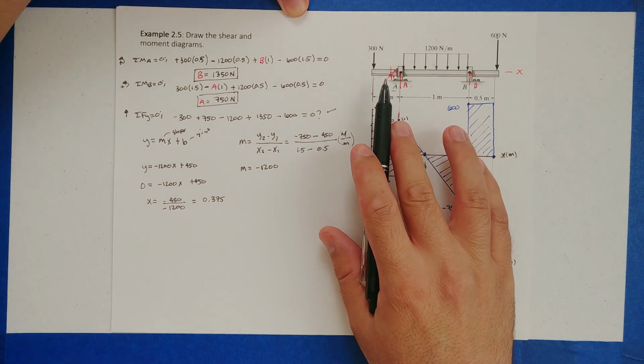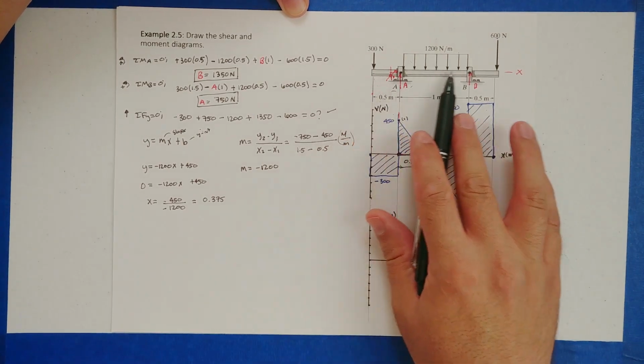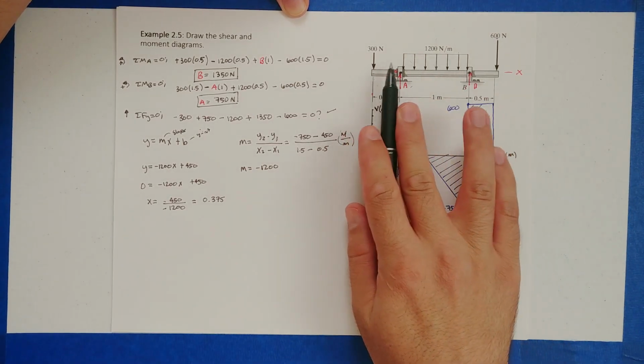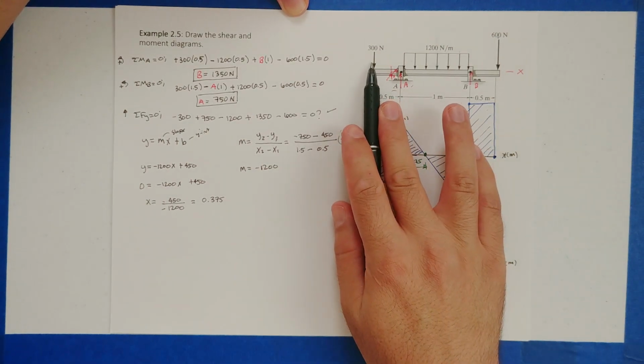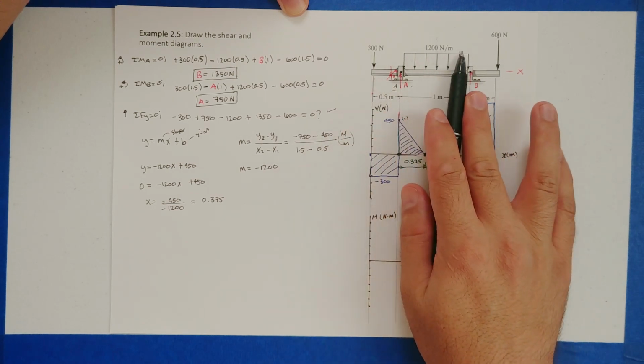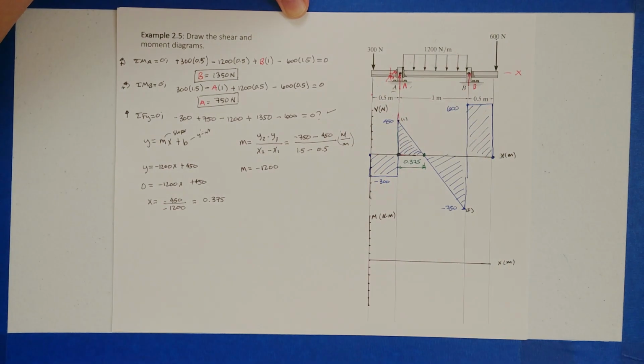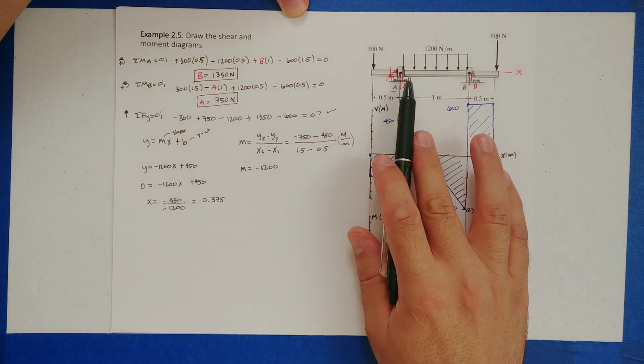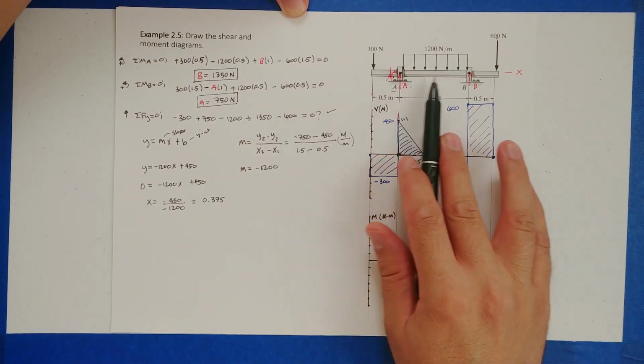So here we go. We wanted to draw the shear moment diagram for this shaft over here. It's got 2 point loads at the ends, the 300 newtons, 600 newtons, and a distributed load right down in the middle. So before we can do the shear moment diagrams, we need to figure out what the reaction forces are